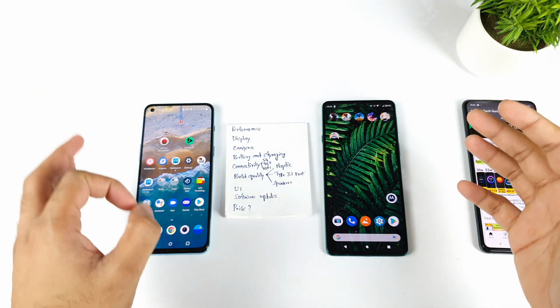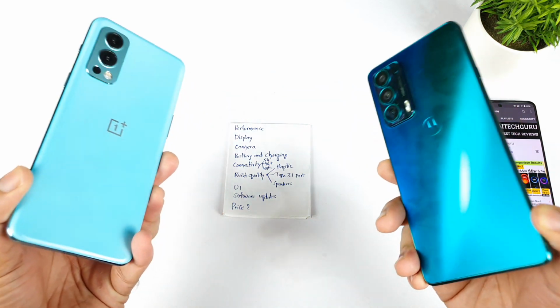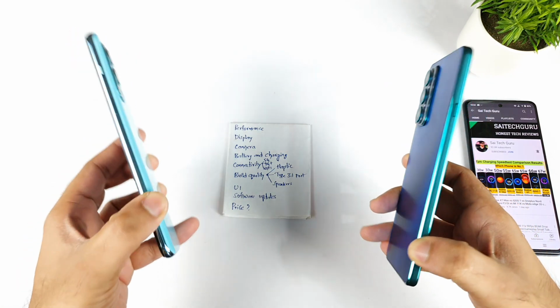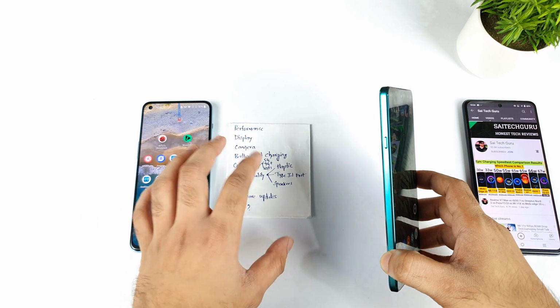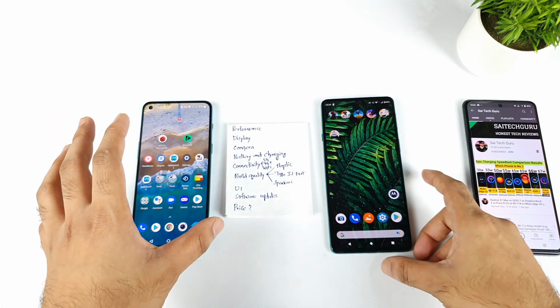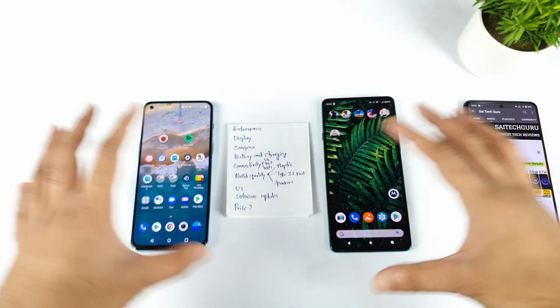In this video, I'm going to compare the OnePlus Nord 2 versus the Moto H20 device. Which phone is the best option to buy right now? This is the question I'm getting from plenty of my subscribers, asking me to make a video. Very soon we're going to see the sales in the Flipkart Big Billion Day sale and the Amazon Great Indian Festival sale as well, and they want to decide which phone is the best option in what kind of category. That's what this video is about.